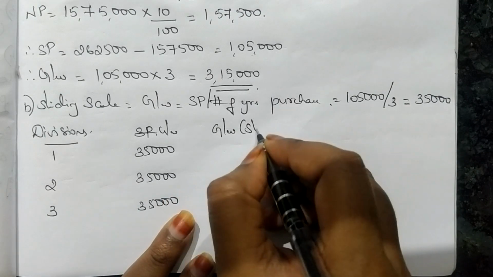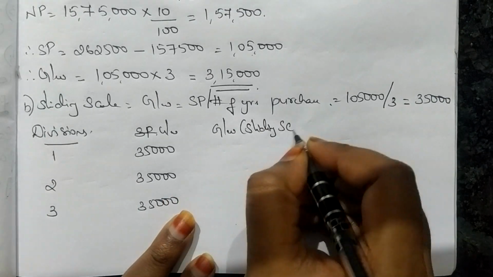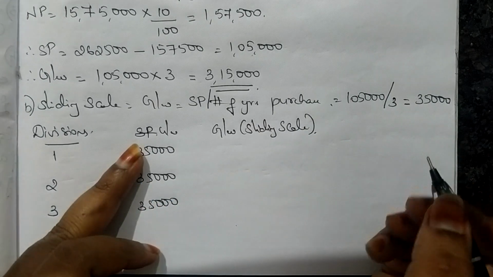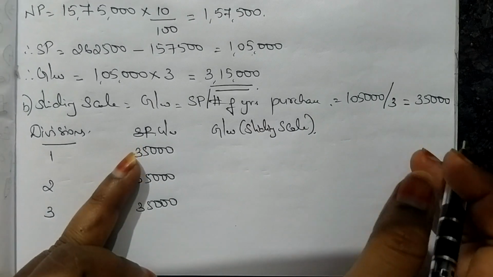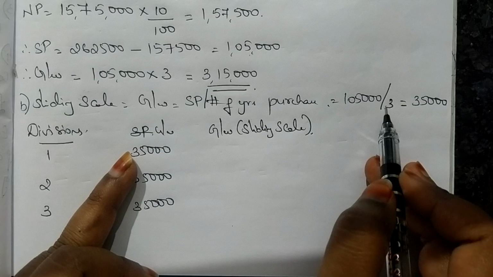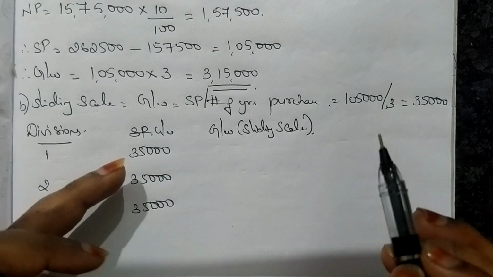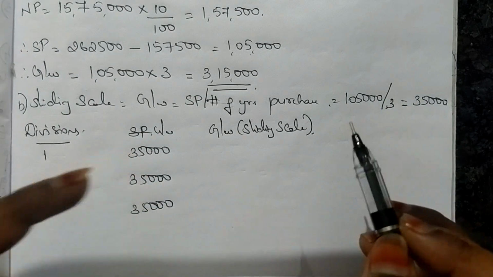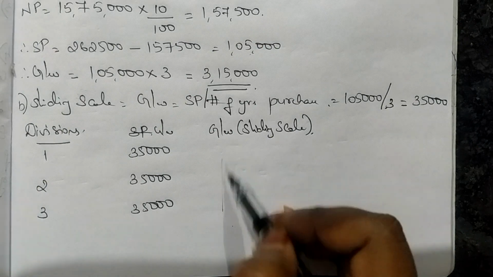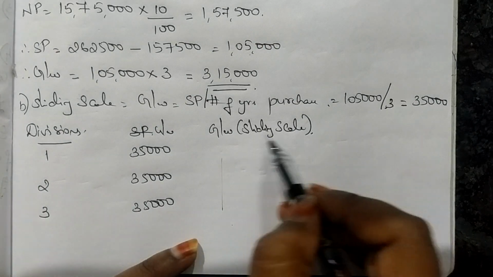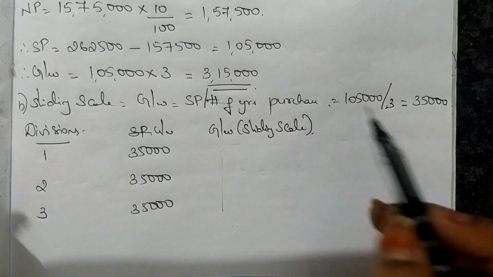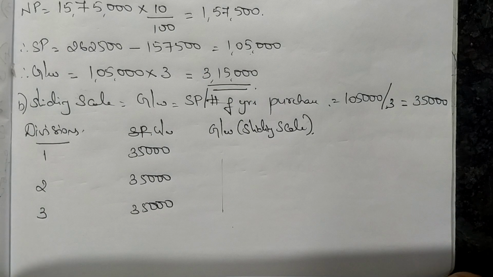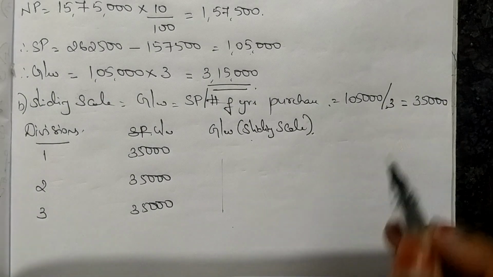Now your actual goodwill which will be under your sliding scale. This goodwill is not according to sliding scale. Okay, I have just divided by the number of years to know what is there for the first year. That is how I have divided it. This actual goodwill, what you do, that represents my sliding scale. Sliding scale means every year you are finding the goodwill. That is why it is called sliding scale.